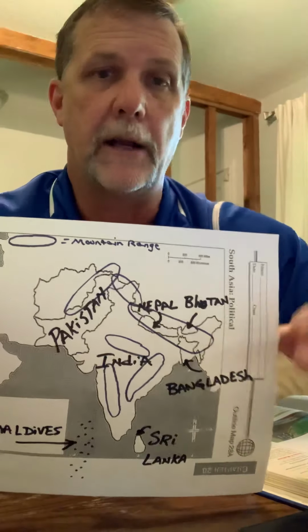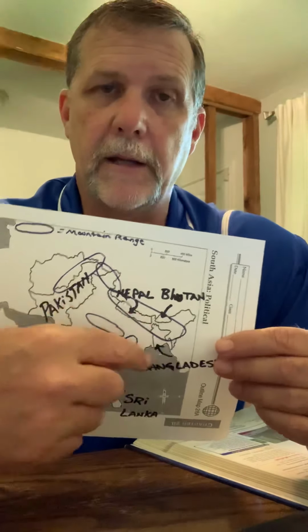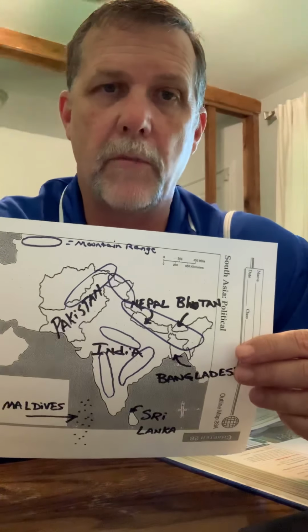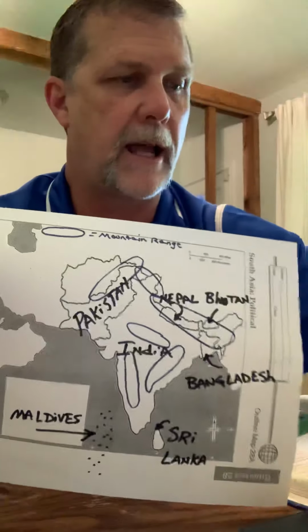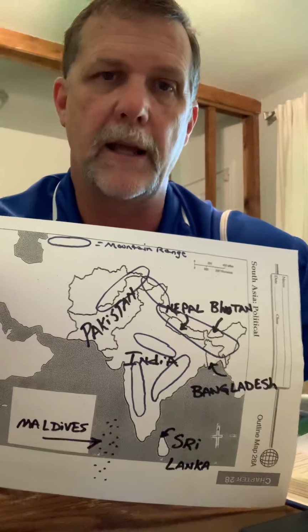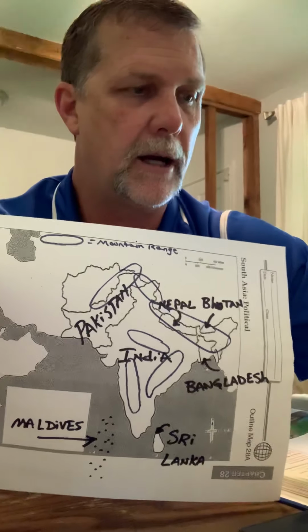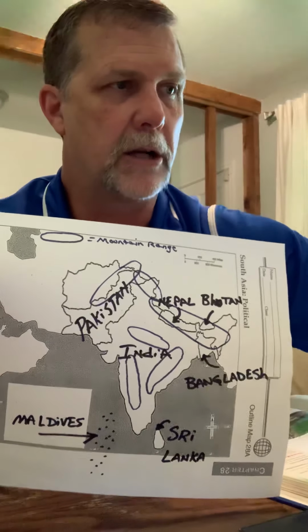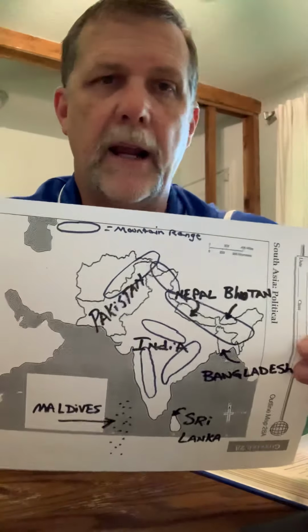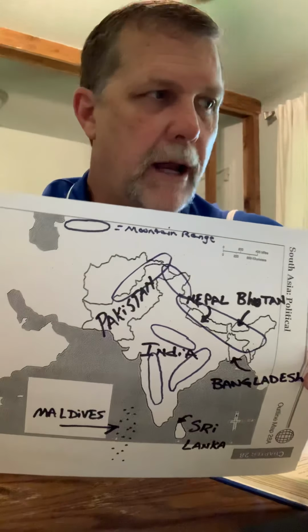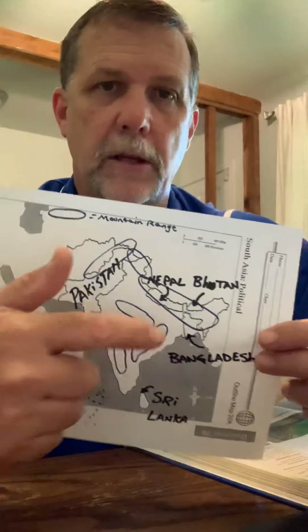Let's see. I talked about human-environment interaction with the tigers that are being protected over here. Also, more human-environment interaction. You can see that with the number of dams and the hydroelectric plants that are being built along these rivers, which is obviously a good thing. But one of the negative impacts of human-environment interaction in this area is with the use of the Ganges River.